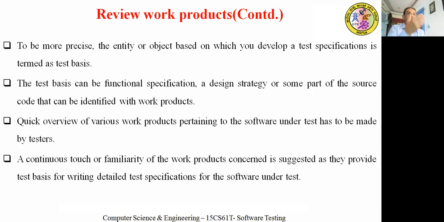If you go through all the functionality, design, or SRS, it will be easier for the test designers to write the test cases. If you do not know anything, then you cannot write the test cases at all. So it is better to go through the products so that they can write the test cases in detail. That is what you call review work products.